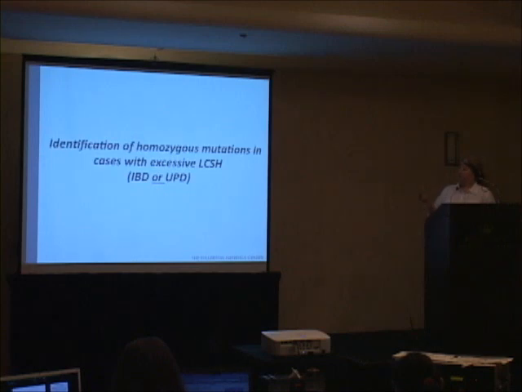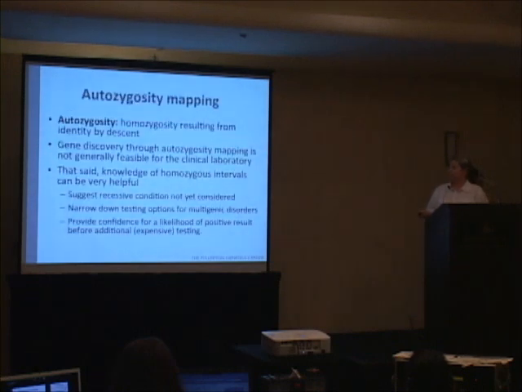I'm just going to talk to you about why I bother. So if it's not UPD, and we don't think it's abuse, why would you even report consanguinity in the parents? The reason is we're very successful in finding recessive disease, especially when you have a close relationship with your clinical team. When I say autozygosity mapping, most of us think of it as the research tool to identify a new gene in a consanguineous family related to a disorder, and it's been a super useful tool for gene discovery, but that's not really what I'm talking about in a clinical situation. It's not feasible for us to do gene discovery on the basis of one, usually small family.